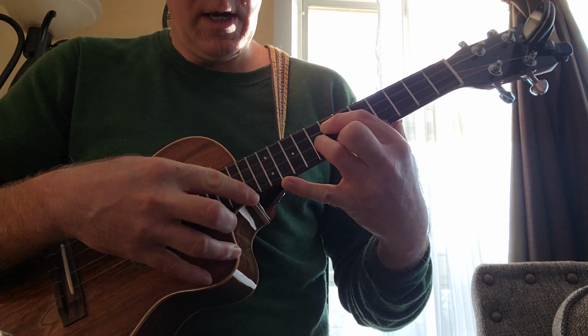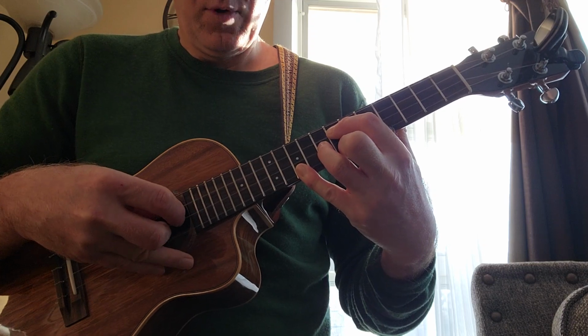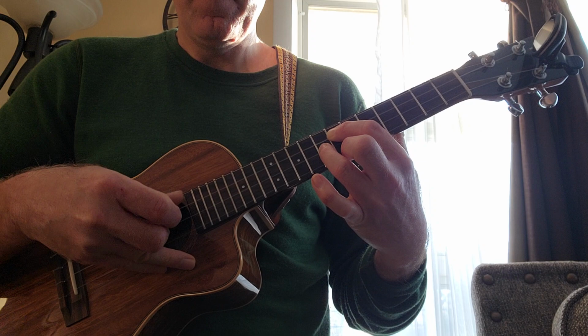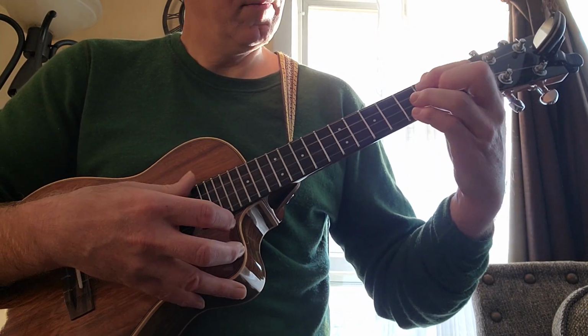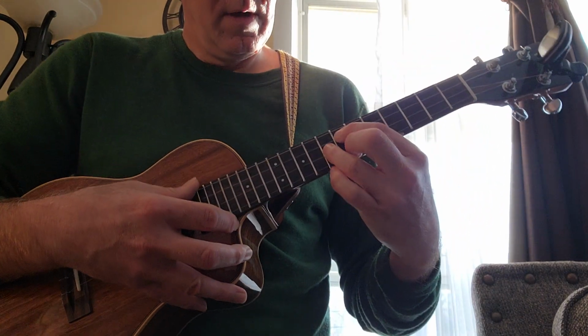And reach up with the pinky to your 12th and pull back to 10. Lift up the pinky, back down to C. Nope. Oh yeah. Okay, so